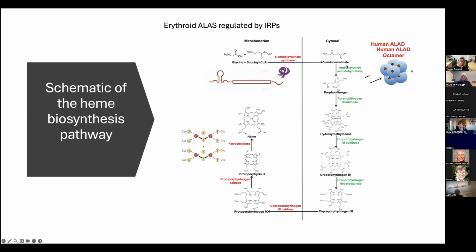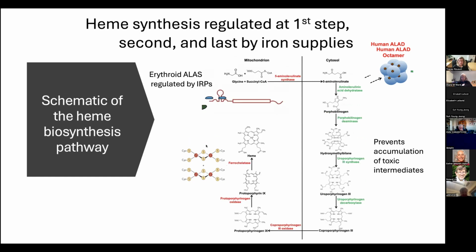Then the second step, which I'm about to tell you about, is that the ALAD is an octamer in which each of the monomeric subunits binds a 4-iron 4-sulfur cluster. And then finally, most people are aware that ferrochelatase is a dimer that contains 2 iron sulfur clusters in mammalian cells. So that would amount to actually 3 checkpoints for manufacture of heme according to iron levels, which seems appropriate